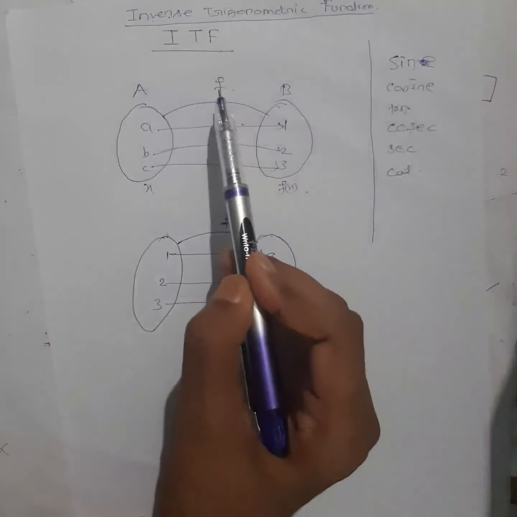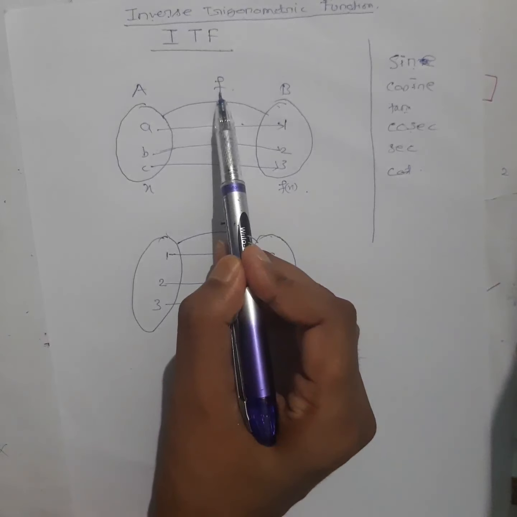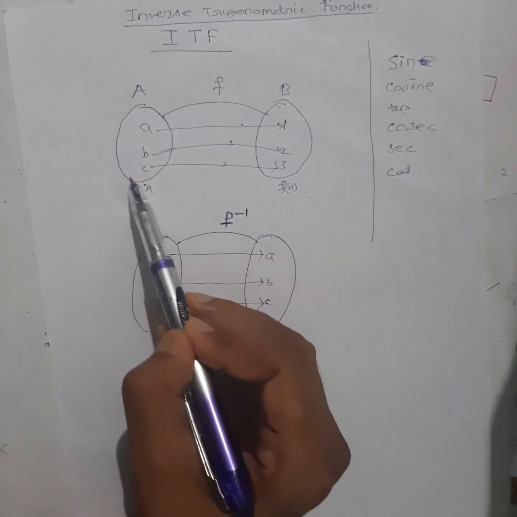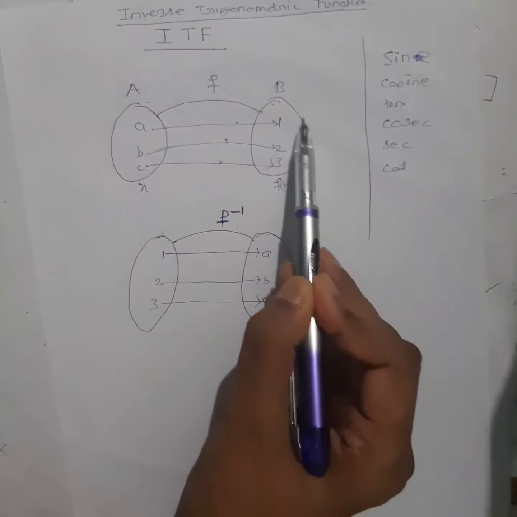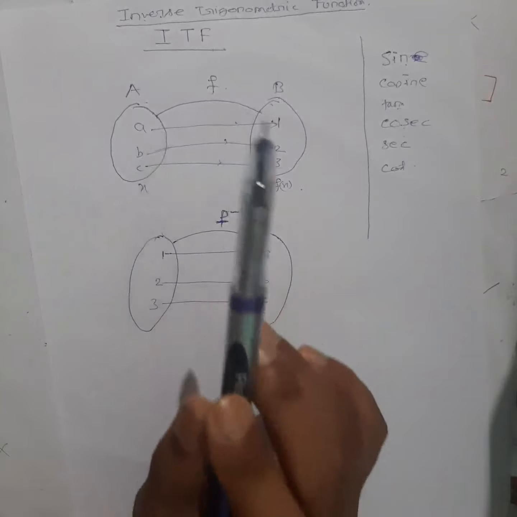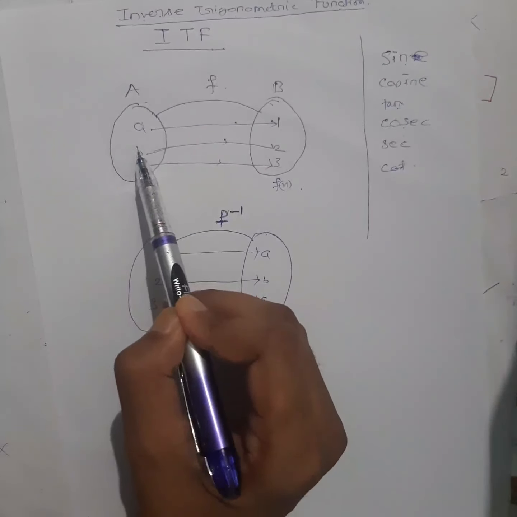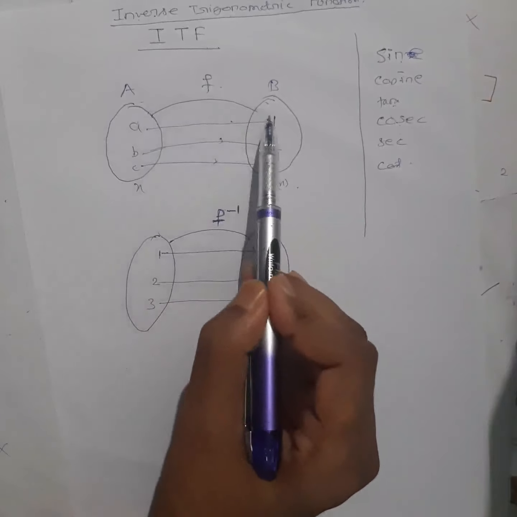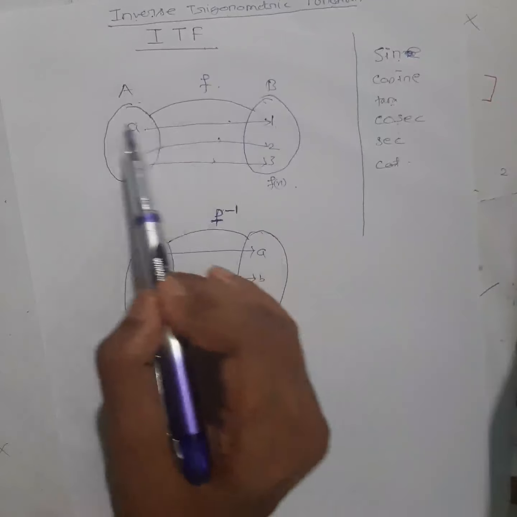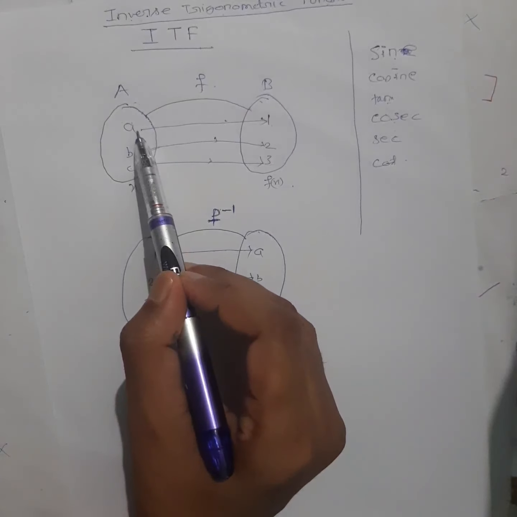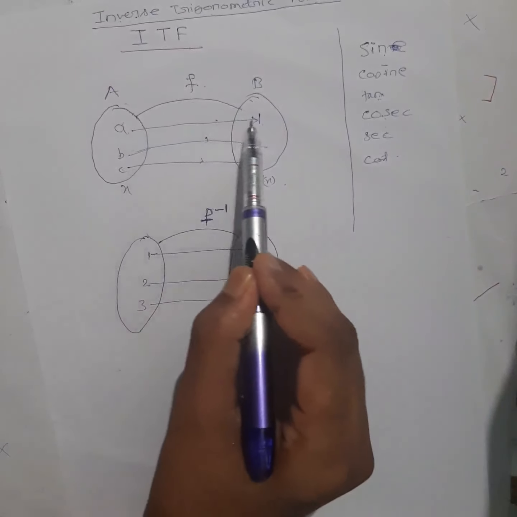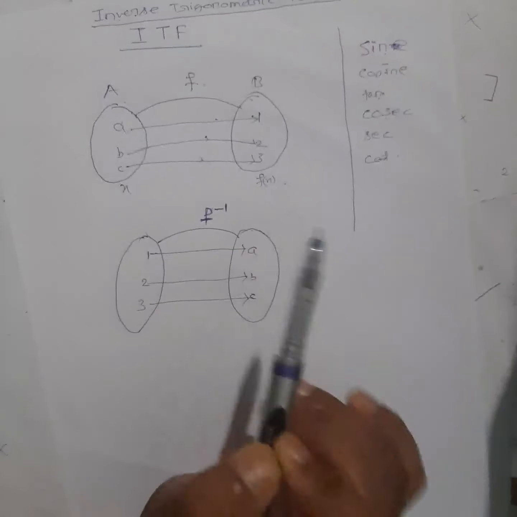This function. So see, the inverse of a function, what we have studied: when you have a function f defined from set A to B, this is called the domain, this is called the codomain, remember. And it will be a function if all elements of this set will have an image, first thing. Every element must have an image, there should not be any free element here. Next, what was the condition for a function? Every element must have exactly how many images? One image. So a is having one image, b is having one image, c is having one image, right?